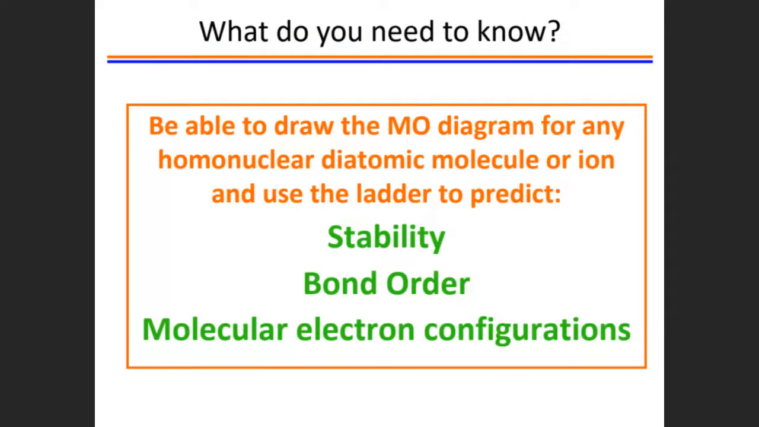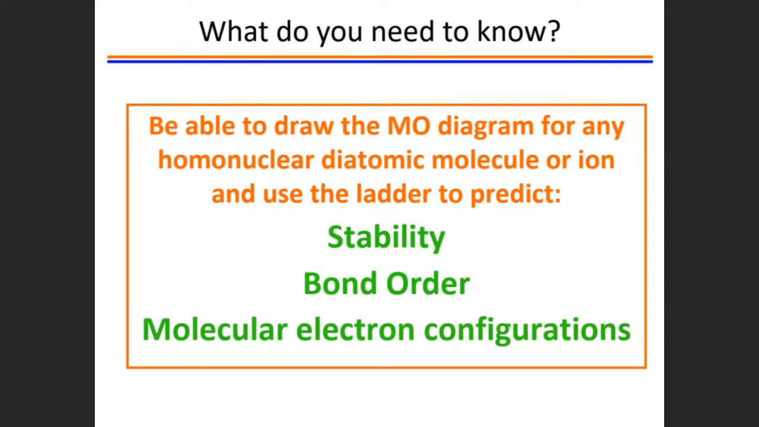Now today we are going to learn some very fun and important things. You will be 100% master of electronic configuration after today's learning. We will do some practice today. So be able to draw the molecular orbital diagram for any homonuclear diatomic molecule or ion and use the ladder to predict